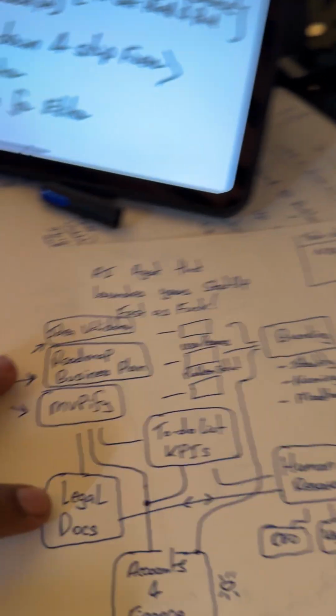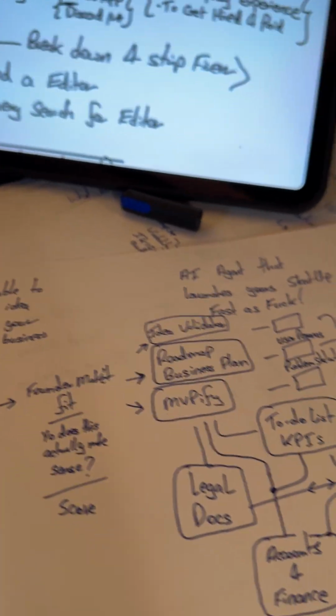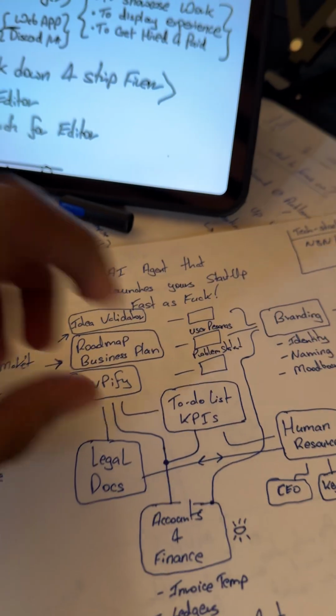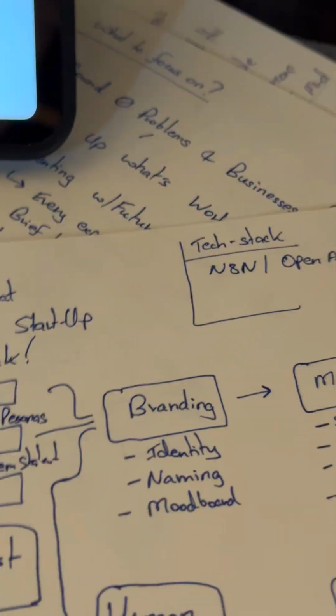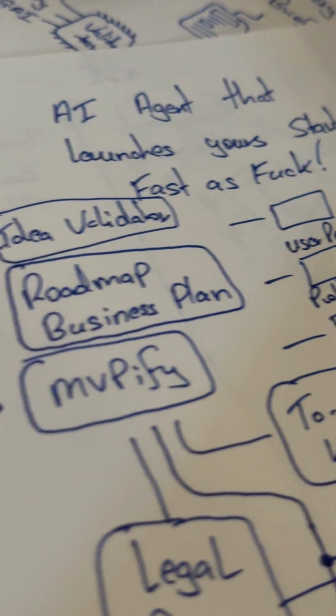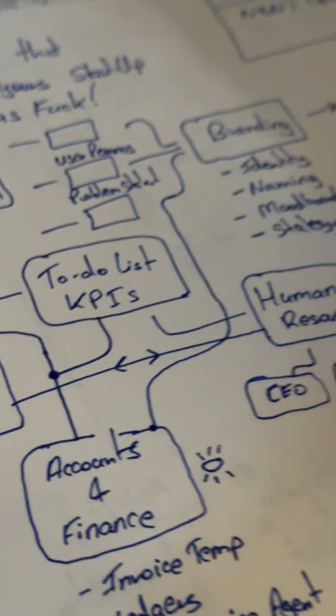There's founder market fit. We've got to push it to an idea validator engine, a business roadmap engine, and an MVP-fy agent, right? And this should generate user personas. It should generate problem statements, and that should be pushed down to your branding, which is your naming, identity, and mood boards, which is your visual branding. And you also have your strategy, which is what should be the mission, vision, purpose based on the user